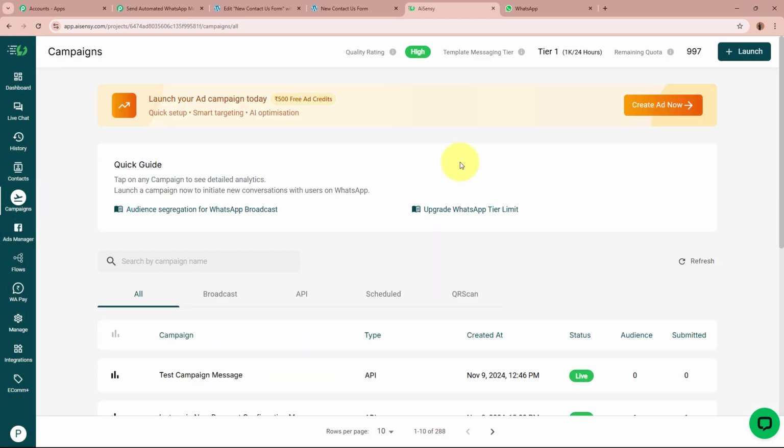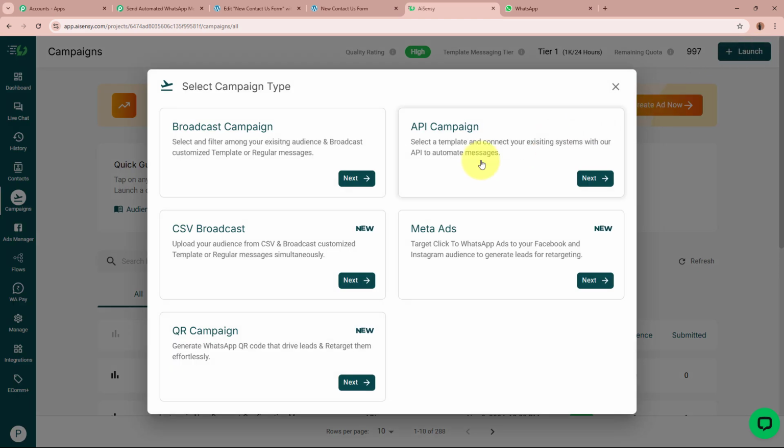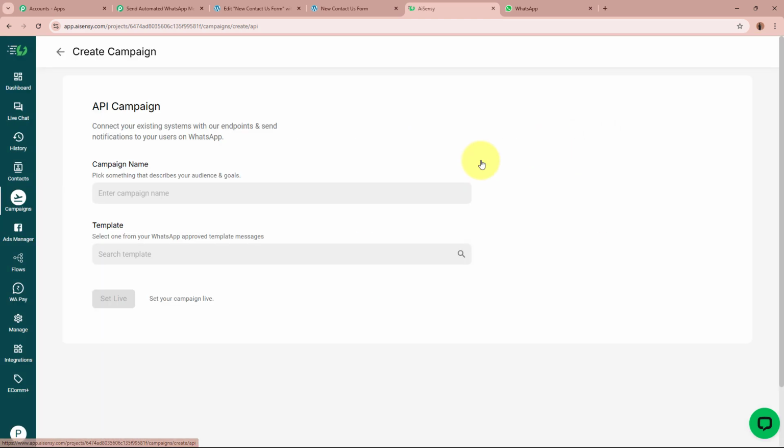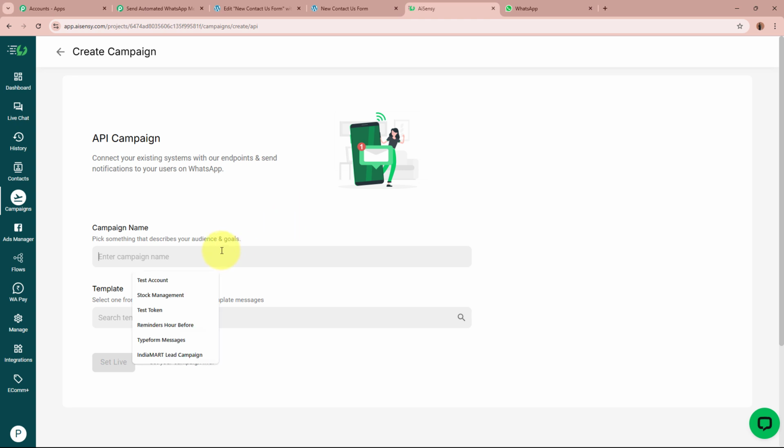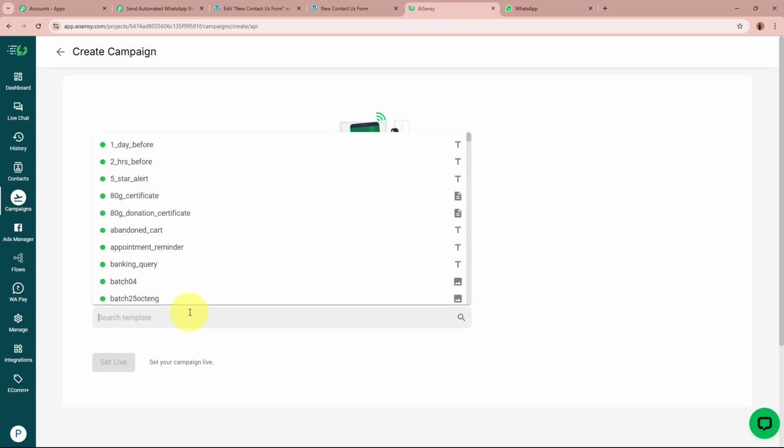the campaign section. Over here on the top right corner, it says launch. Click on this button. It is asking for the campaign type. Select it as API campaign. It is asking for the campaign name. So the campaign name over here, I'm going to give it as Prime Properties, and for